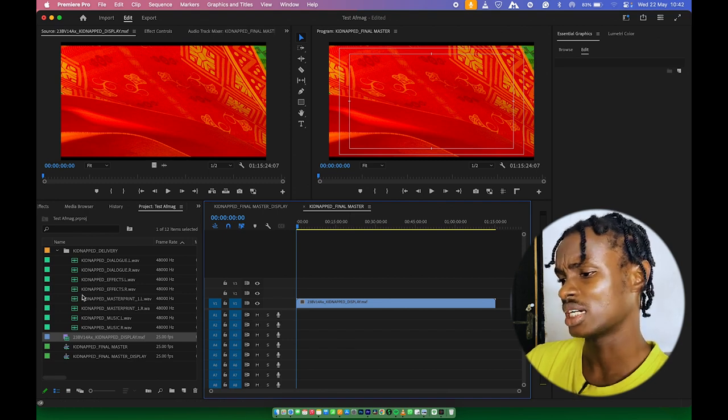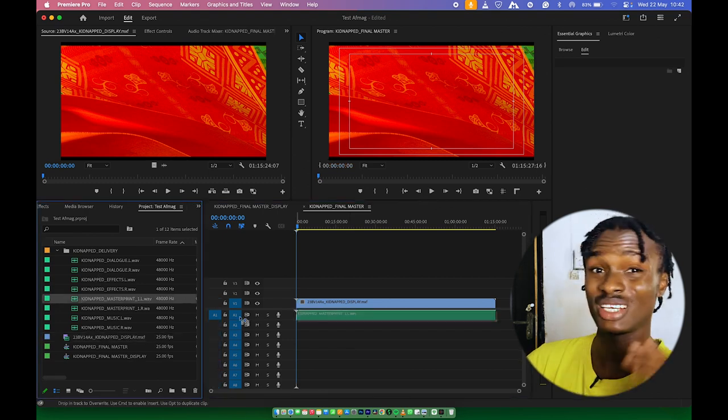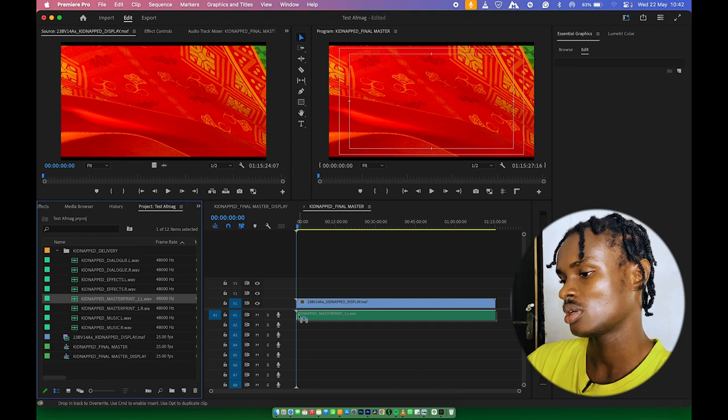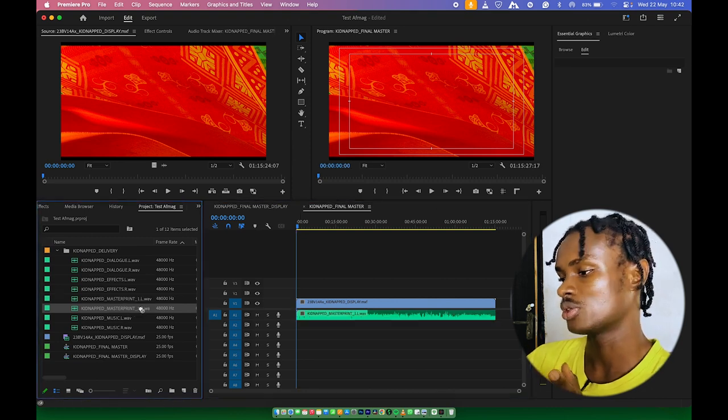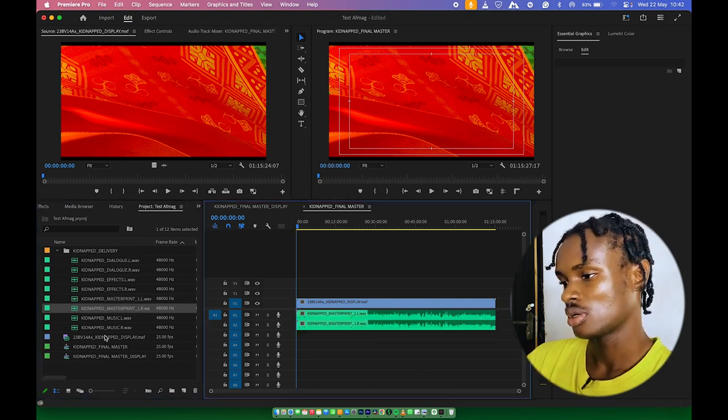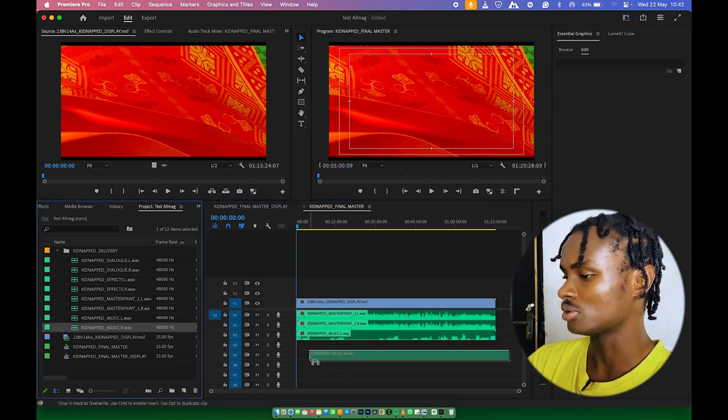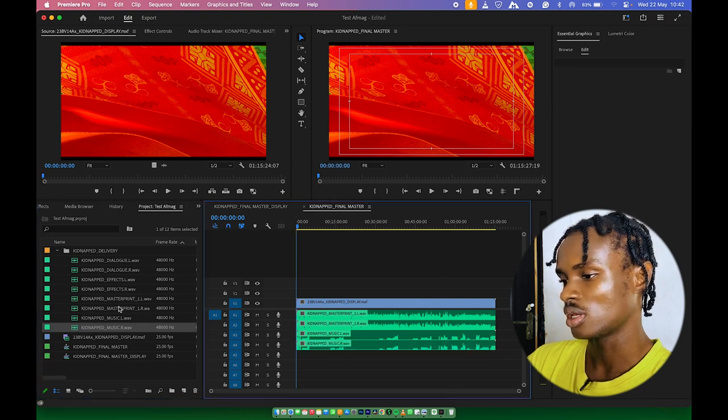We've already established that the master print left is supposed to be on track 1, audio track 1. Master print right goes to audio track 2. The music left goes to audio track 3. Music right goes to audio track 4. Then